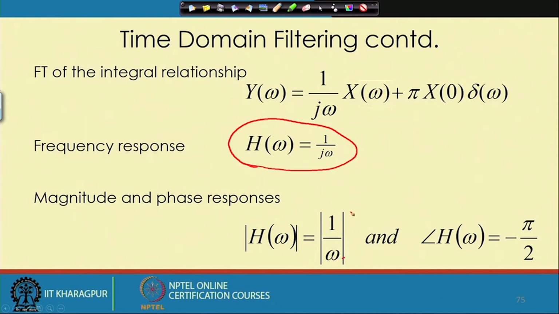This gives us one clear indication that the value would be maximum at 0, and as omega is increasing, it will actually reduce. So, that means it is a low pass filter, and because of the presence of that 1 by j,